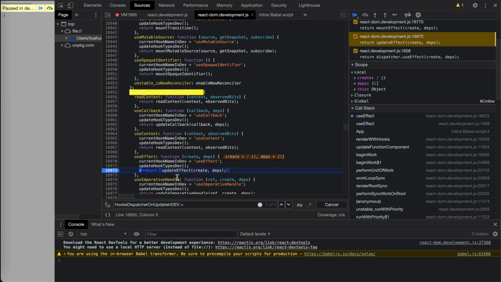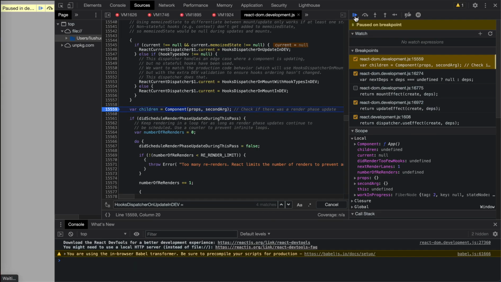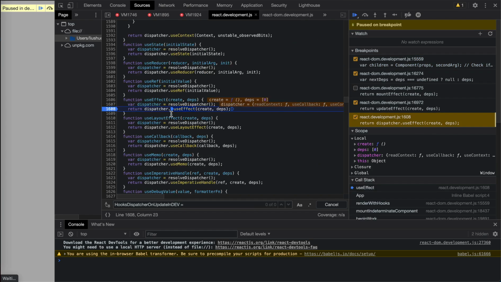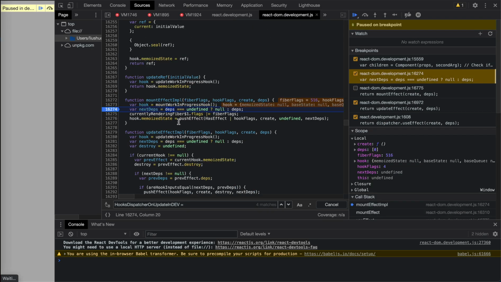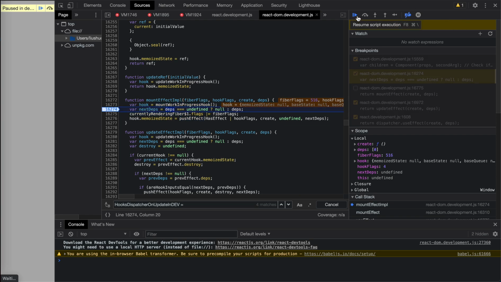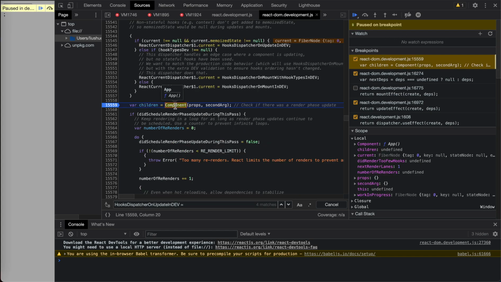When the first one is called, it is actually mountEffect, right? Let's see. Yeah, it's mountEffect. Now for the second one, it actually becomes updateEffect, even for the same